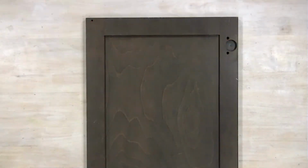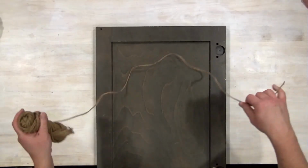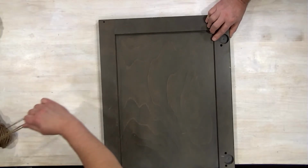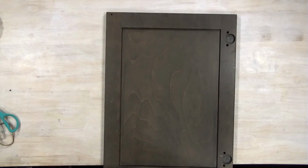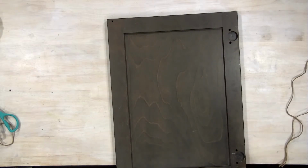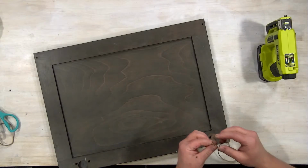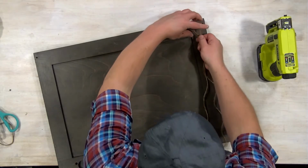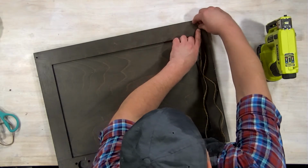So we are going to put some twine on this, and I'm going to do it pretty taut on the twine, and I just use my Ryobi staple gun. So I usually go and put my first one in,